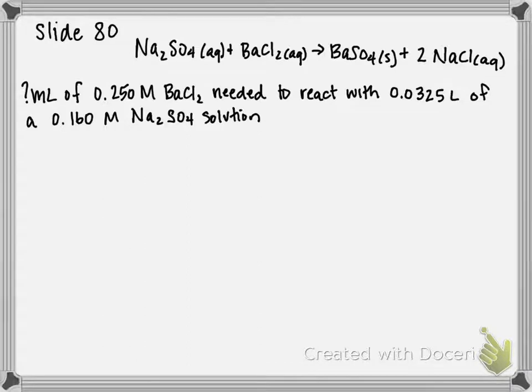So the problem reads, how many milliliters of a 0.25 molar barium chloride solution are needed to react with 0.0325 liters of a 0.16 molar sodium sulfate solution? And they've given us a balanced equation for this. So my strategy for this, if you're following along on the slides,